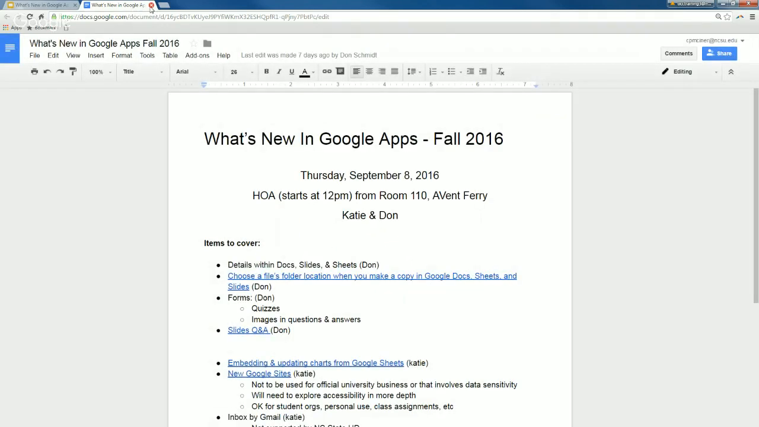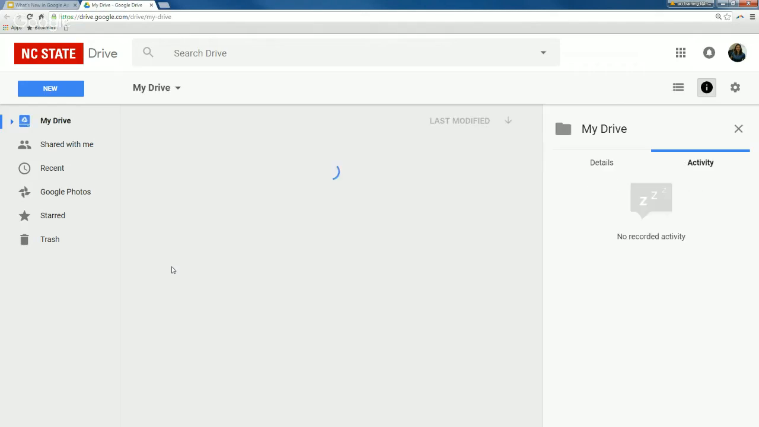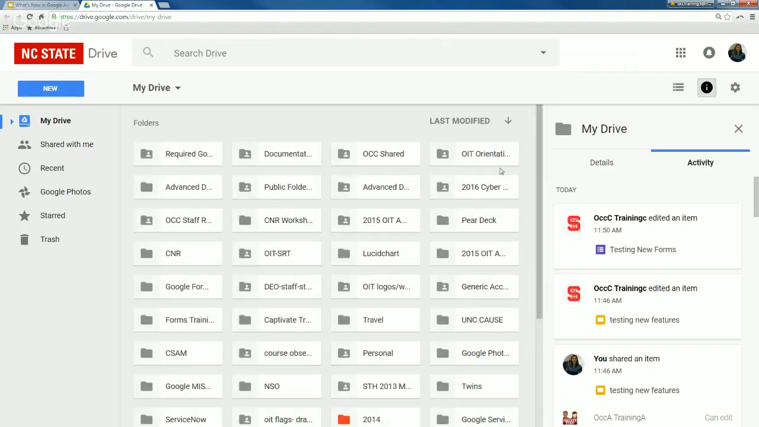Very handy if you just need a quick thumbnail about the information. Now, if you need more information about a document or a folder or something like that, there's another way you can do this. If you go to your Google Drive, and here I'm loading up the Google Drive here,